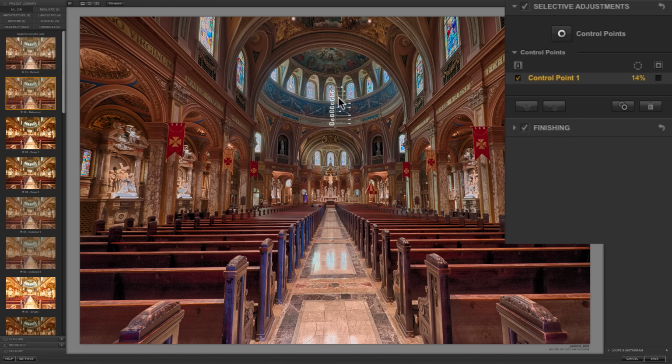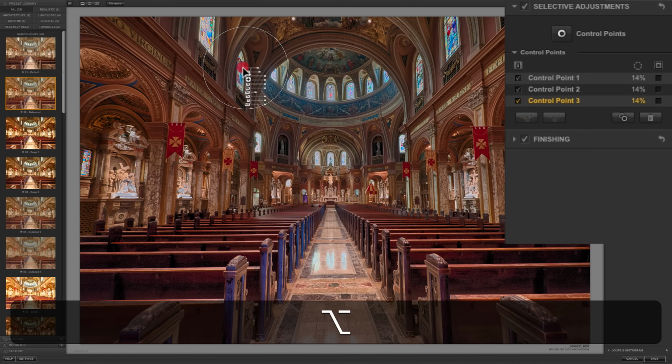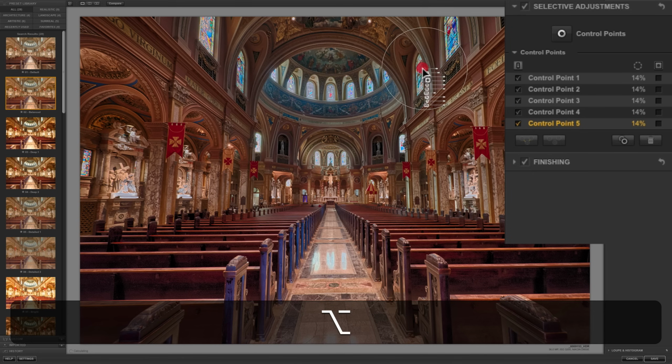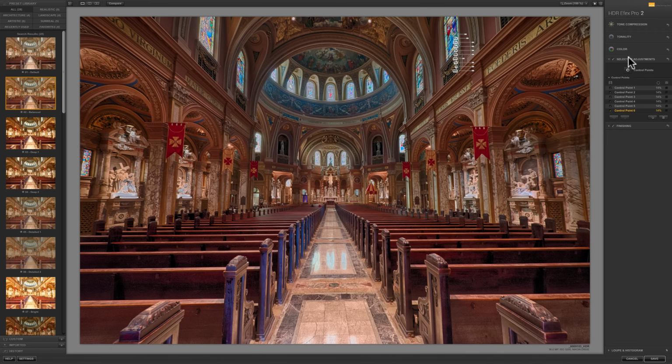So again, I'm going to get more in depth with the control points in our next video. If you want to duplicate a control point, hold the Alt or Option key in. It's Alt if you have a PC, Option if you have a Mac, and then go right to this little button here while you're holding that key in, and you'll duplicate the control point. And you could keep doing that to add control points, in this case, on all the windows. And like that. So we have a number of control points. You could see 6 of them added across these windows that are going across the top. Again, in our next video, I'll get a lot more in depth on our selective adjustments and how to use these